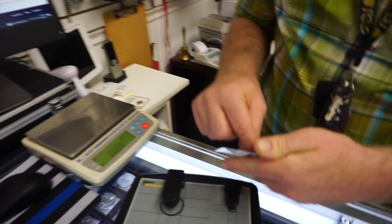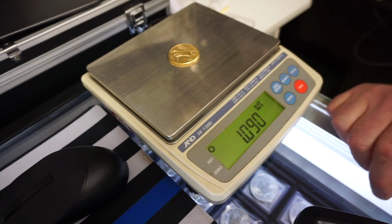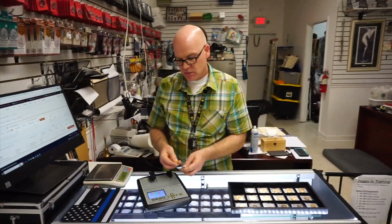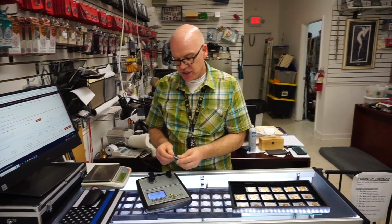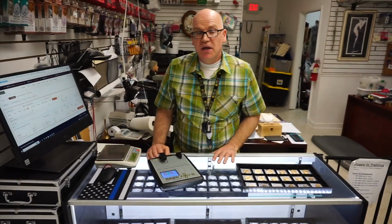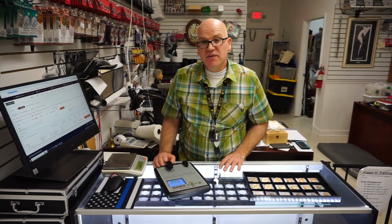Take the coin out of the flip, and again it's going to weigh 1.09 ounces. 1.090. Perfect reading. There you go. So it's 1.09 ounces because there's an ounce of gold plus a little bit of copper and silver in there to make a harder alloy of a coin. They are much harder, much more durable than the pure gold buffalo or the pure gold